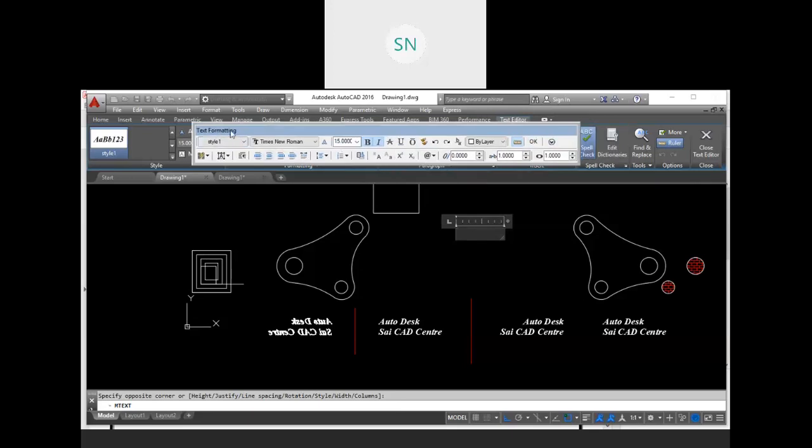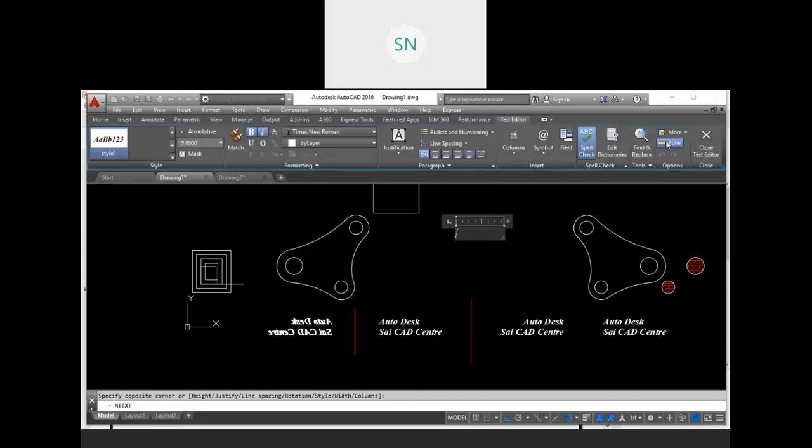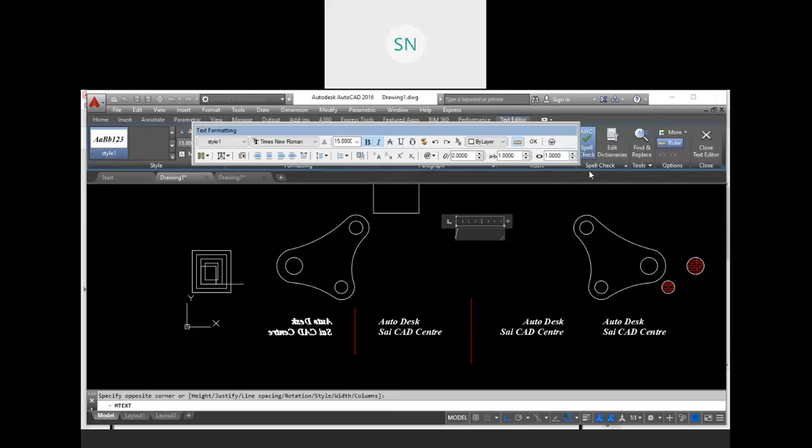See, if you are not getting this text formatting dialog box, you will find it over here. Go to More, go to Editor Settings and turn on Show Toolbar. This is your text formatting toolbar. Go to More, Editor Settings, Show Toolbar, right?